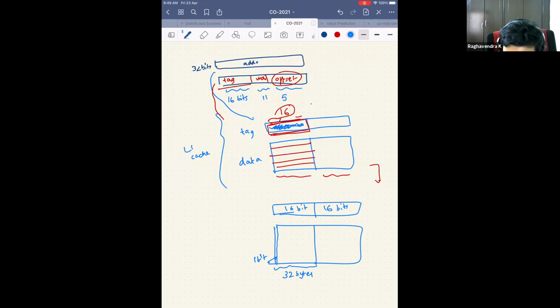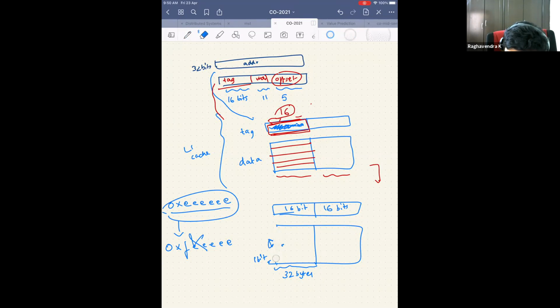Let's say your data was 0xEEE. And now instead of storing this 0xEEE, because it is dirty, you would have stored 0xFEE, right? Because you would have added 1 bit extra there, which is wrong, because this is the data that you're talking about and not this data. So I cannot add 1 bit here. So this is not possible. I cannot do this.